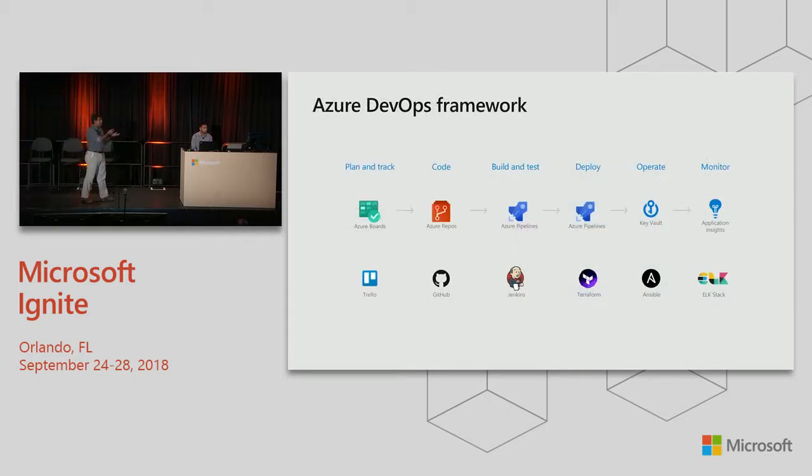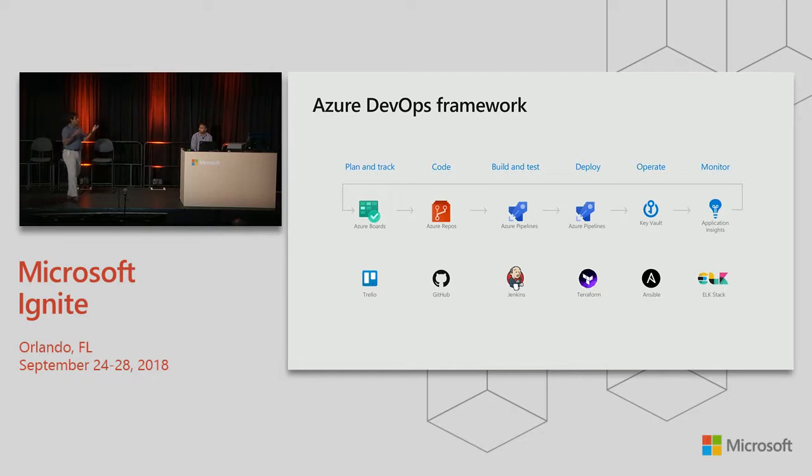Now, we talked about those 4 or 5 tasks, right? We talked about planning, coding, building, testing, deployment, and most importantly, running them and monitoring them. Now, in a Microsoft world, if you're a Microsoft shop, Microsoft has all the tools that are necessary for you to be able to complete your DevOps pipeline end-to-end. We used to have VSTS, now it's called Azure DevOps, and it's split into 4 unique offerings to make it simpler. With the help of Azure Boards or Azure Repos, you're able to now plan, track, and code. With the help of Visual Studio Code, you're able to check in code.